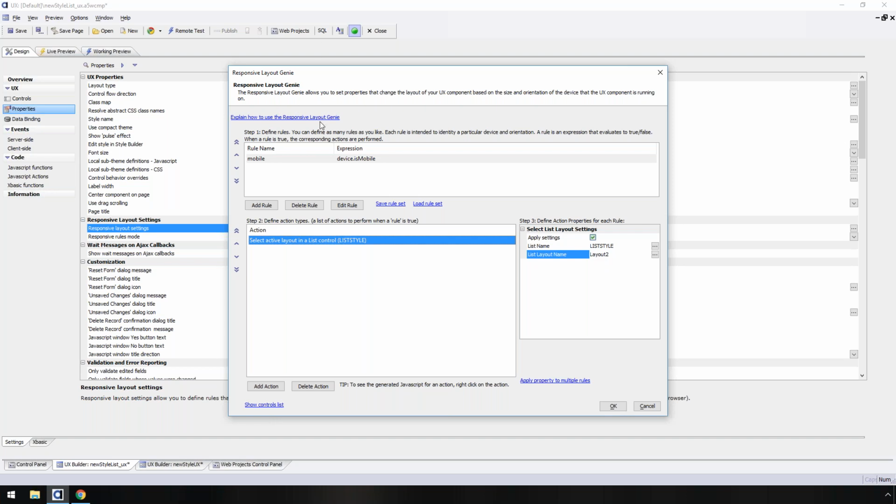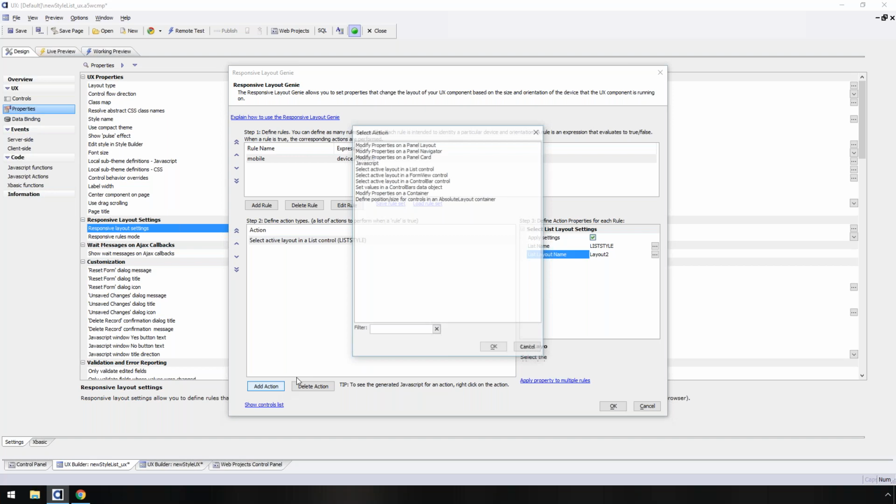And there's a lot of documentation about this. And one cool thing is there's a lot of actions. You can change panel layouts and navigators. You can update things in a list or a form view or even a control bar. It's just the sky's the limit. And if worse comes to worst, you can write your own little JavaScript to be triggered when it's on that environment. And so this is really handy to be able to build one UX that works great anywhere you run it,